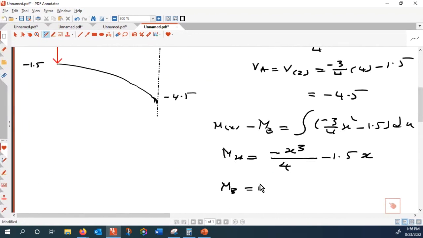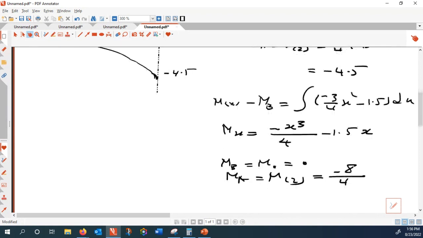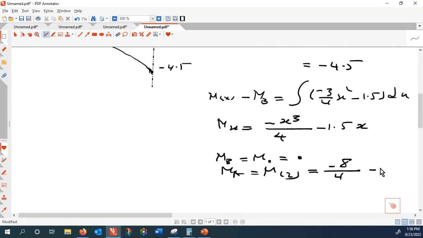M of B, that is M at x equal to 0, is equal to 0. M of A, that is M at x equal to 2, that is minus 8 divided by 4 minus 1.5 times 2. So this is 3, that is 2, so that is minus 5. All right, minus 5. So it comes down to